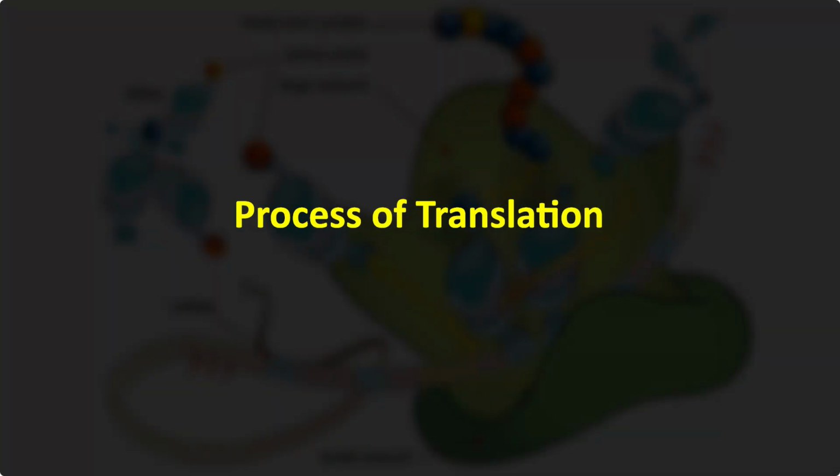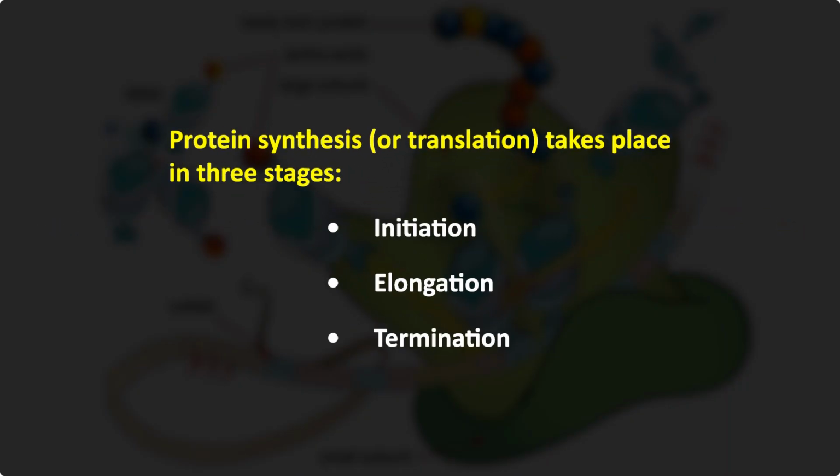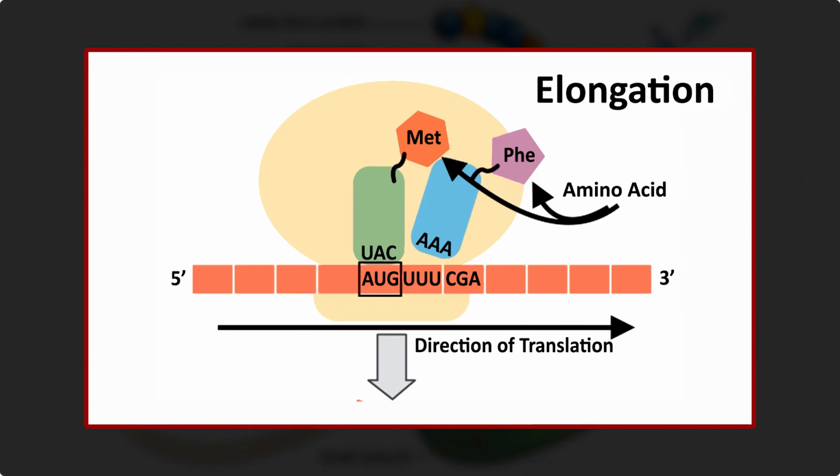Dear students, let's now discuss the process of translation. Protein synthesis, or translation, takes place in 3 stages: initiation, elongation, and termination. During initiation, the mRNA ribosome complex is formed and the first codon, always AUG, binds the first aminoacyl tRNA called initiator tRNA. During the elongation phase, the other codons are read sequentially and the